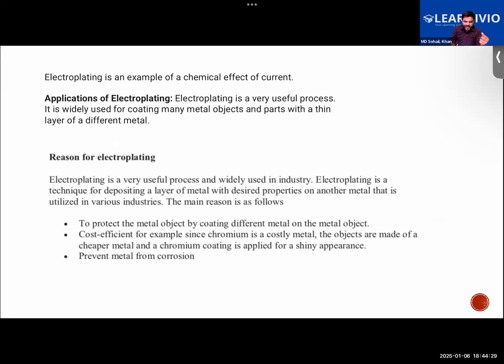But what is the reason behind this? You all would be familiar that iron reacts readily with damp air. So in order to protect the iron from rusting, a layer of zinc is coated above it. What do we call that? Electroplating. Particularly in the case of iron, when a layer of zinc is coated above the iron, that is called galvanization.